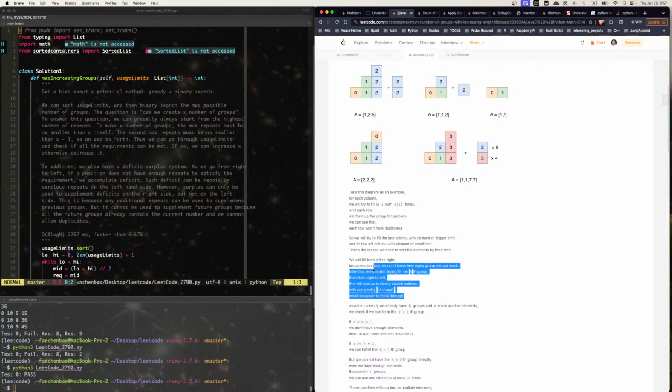Is that what it's trying to say, to do binary search? Assume currently we already have k groups and x more available elements. We check if we can form the k plus 1th group. If x is smaller than k plus 1, we don't have enough elements, need to wait more elements to come in. If x is larger or equal to k plus 1, we can fulfill the k plus 1th group, but